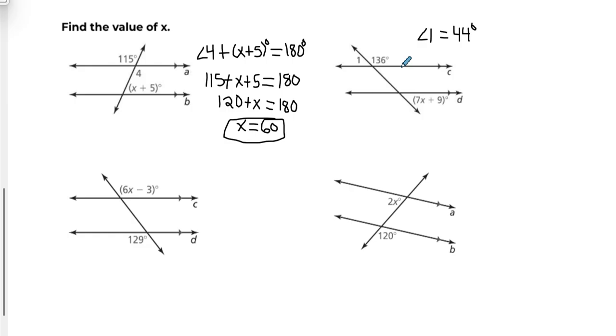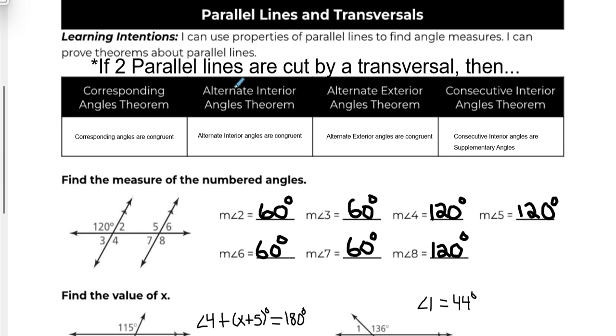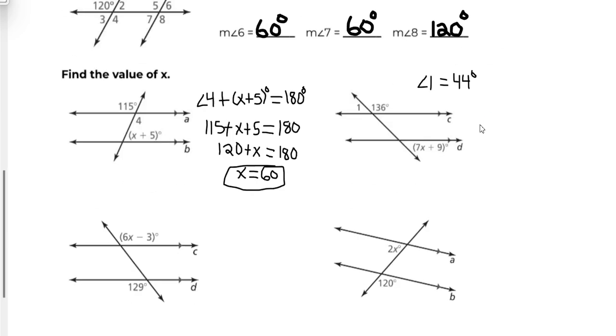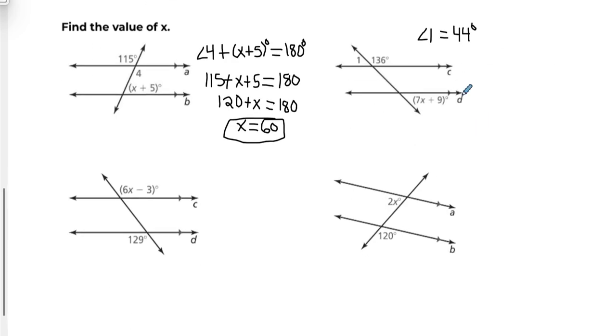Now, I also know that alternate exterior angles are congruent. So angle 1 and this far right angle, they are the same measurement. So now I just have to set 44 equal to the 7x plus 9. And I can do this because line C and line D have the little arrow markings denoting that they're parallel. So two parallel lines cut by a transversal, we can apply these four different theorems that will help us set up some algebra problems. Okay, so this is going to be 44